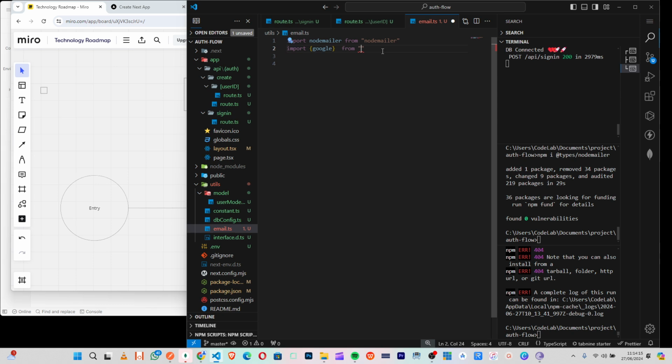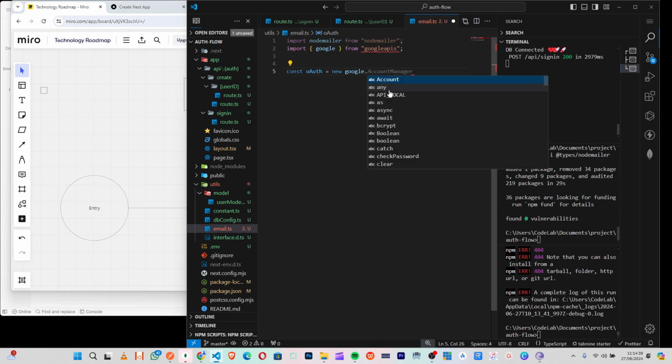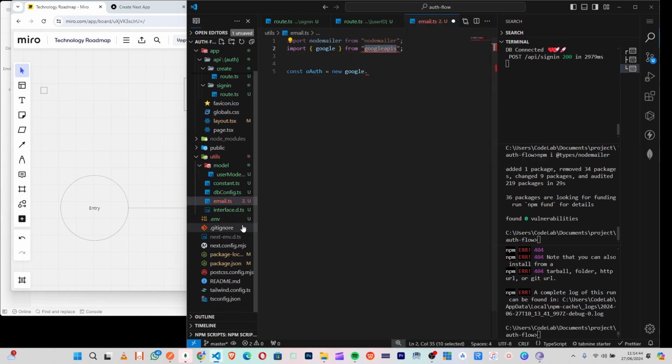Okay, so let me say const OAuth equals to new google dot. This is what I don't like. So let me see. So let's create